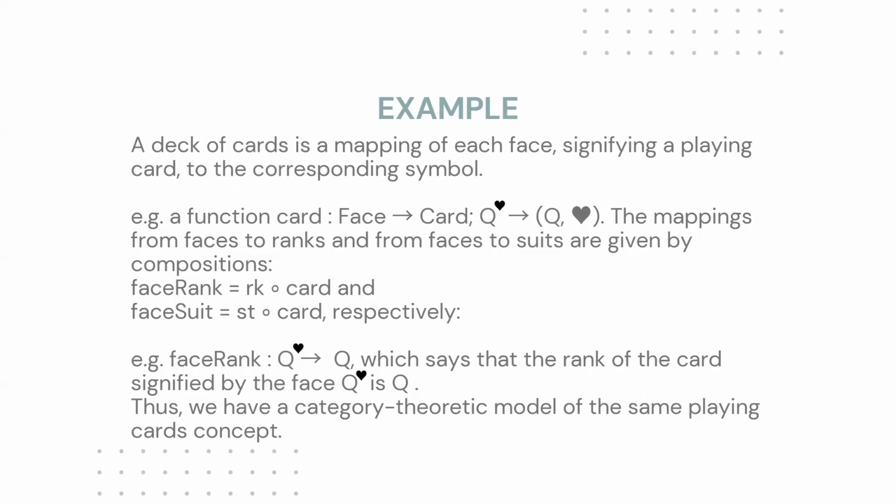Okay, so again, we look now into the second aspect, the composition of functions. And again, we can consider a deck of cards as a mapping of each face. So for example, we have a function that, given the card, so for example, the Queen of Hearts, gives you the ordered pair of the Queen and the Heart. And this kind of mapping is given by a